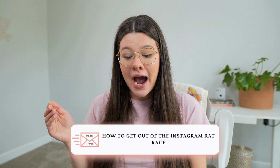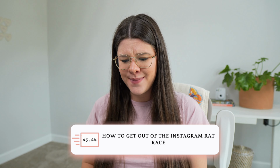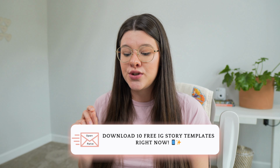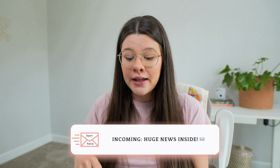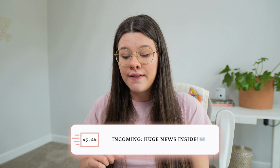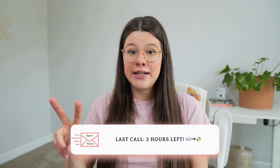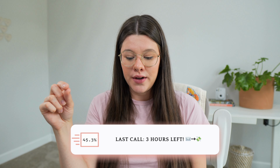45.6%. How to get out of the Instagram rat race, that should be 45.4%. And then download the free Instagram story templates right now, 45.6%. Next one, incoming, huge news inside, 45.4%. And then the last one here, last call, 3 hours left. And then it has 2 emojis. It has a mail icon with an arrow that points to dollars, okay? And that was